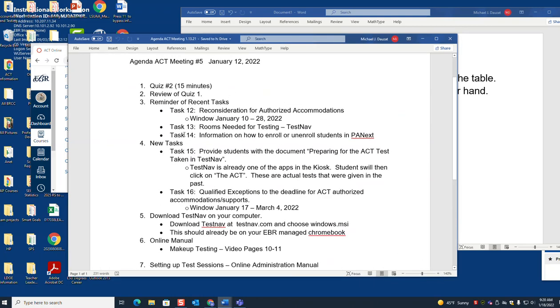Okay. All right, so number 3, reminder of recent tasks. Task number 12 is reconsideration for authorized accommodations, and that window is January 10th through the 28th. Task number 13 was rooms needed for testing, and task 14 was information on how to enroll or unenroll students in PA Next. So with regards to task number 13, let's just see how many of you completed that